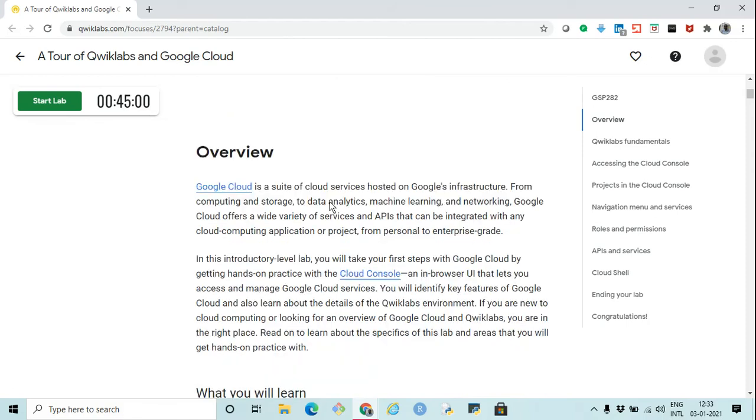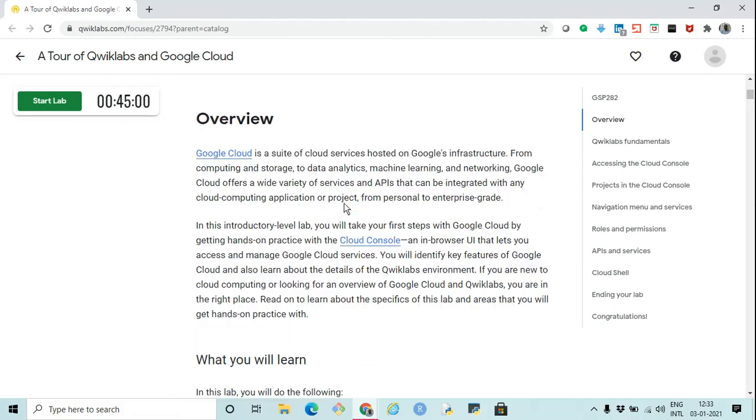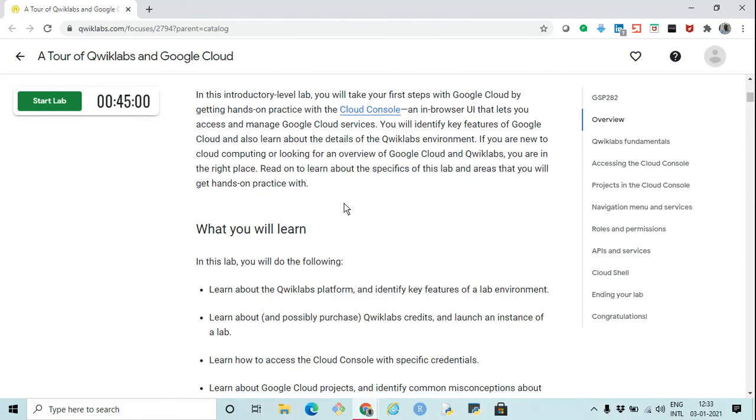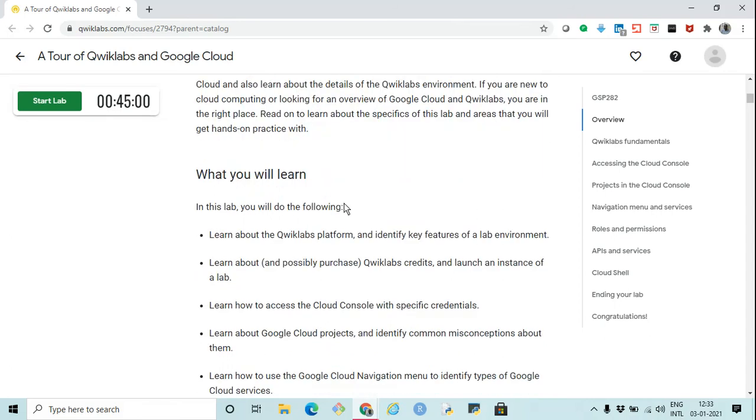So Google provides the Google Cloud Platform. Basically, it's a platform on which Google provides cloud services, and we are going to cover this at an introductory level in this particular Qwiklab. So what does a Qwiklab provide? A Qwiklab actually provides an environment which is similar to Google Cloud, and we can do labs in each of the